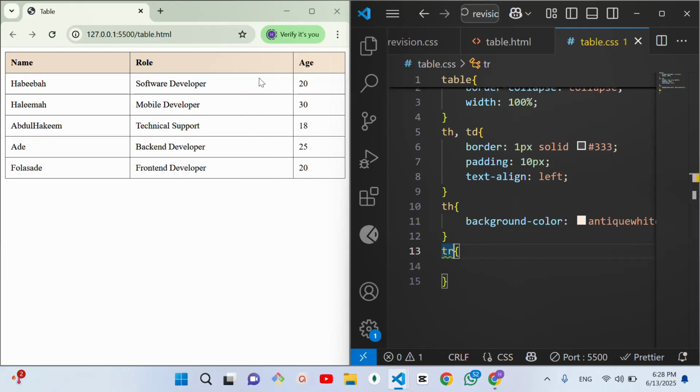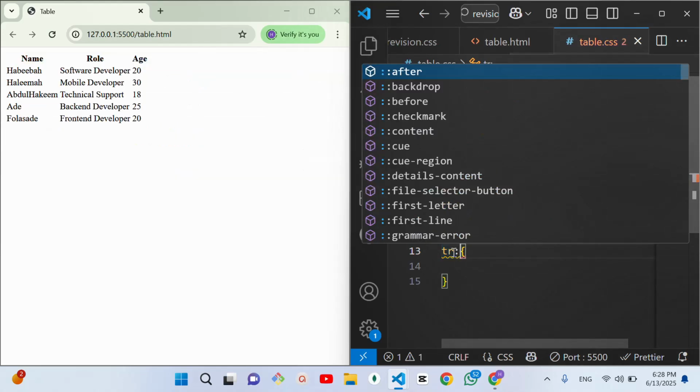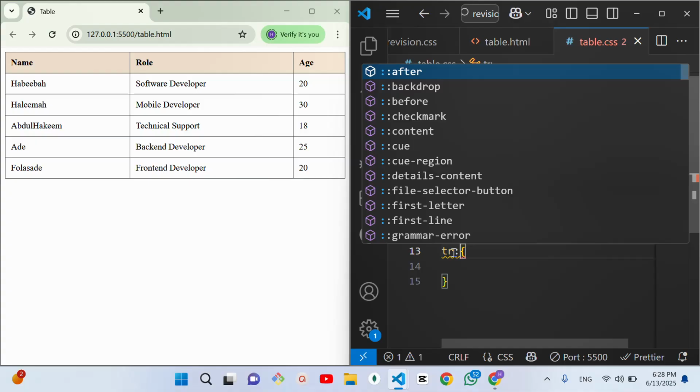So because we have this heading styled, you may decide to pick the odd ones. So that after these headings, this number three will be the next one to have a separate background color, and this one will have the same background color as this. So that is what we mean by zebra striping. And we don't want to apply all this styling to all the TR. So because of that, we will use this to pick the